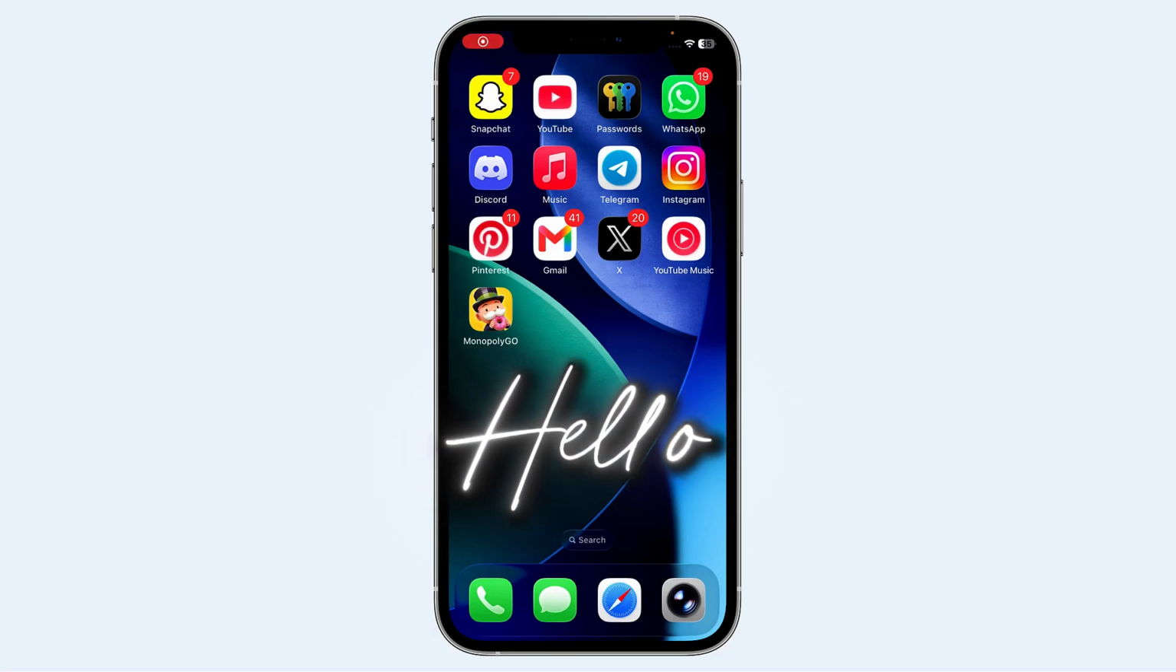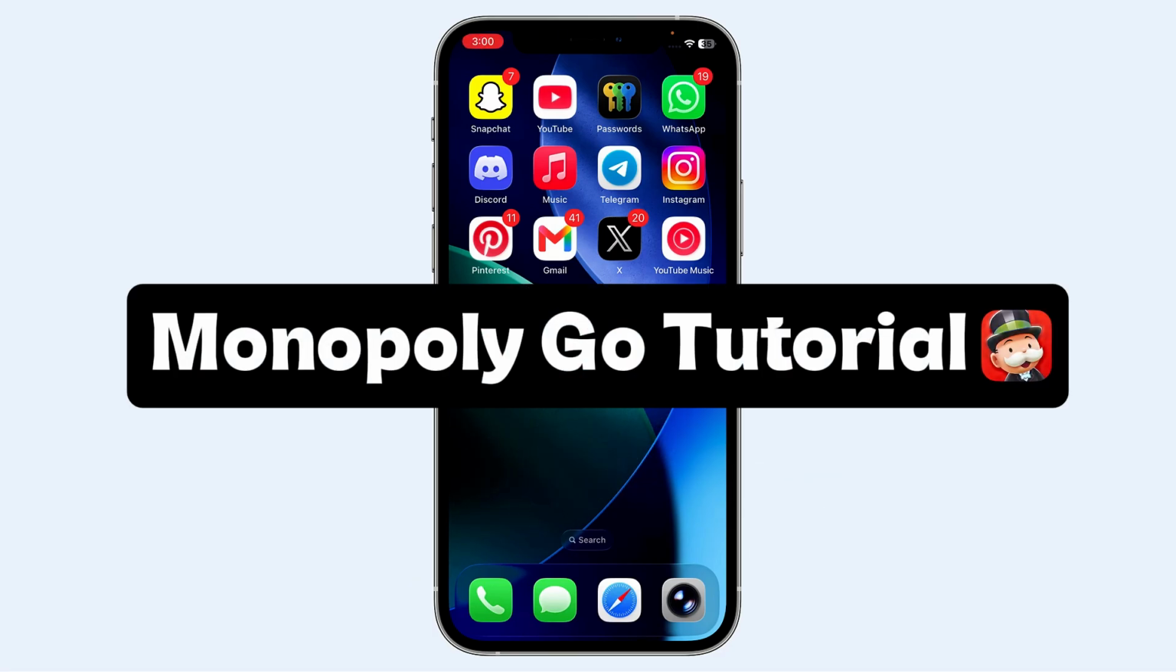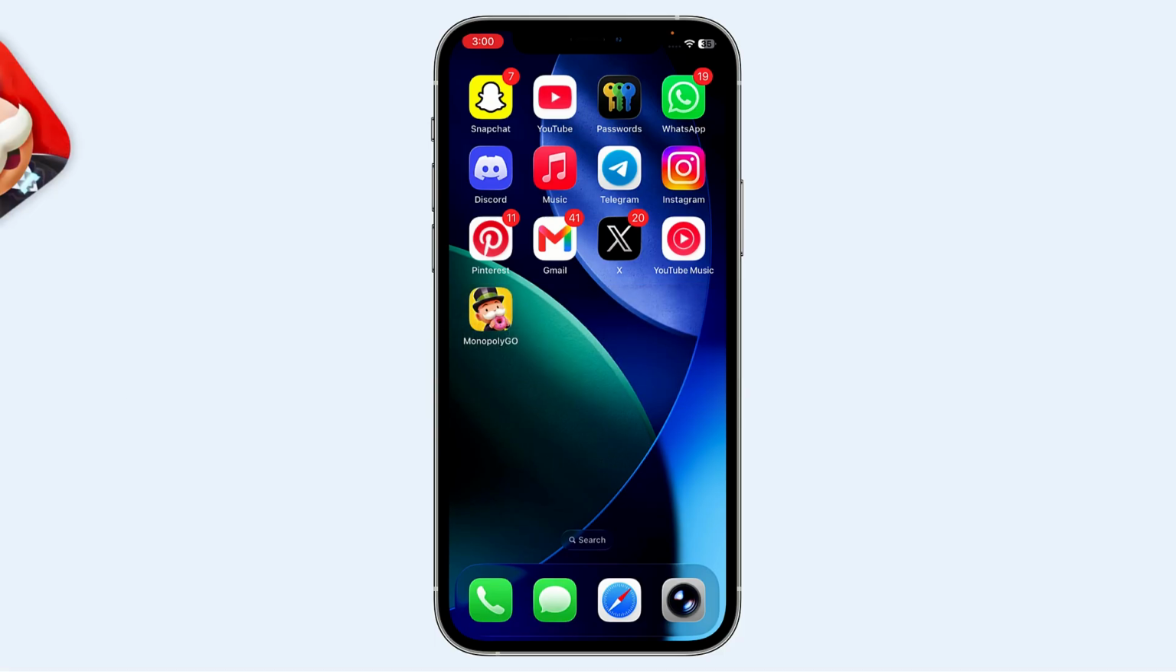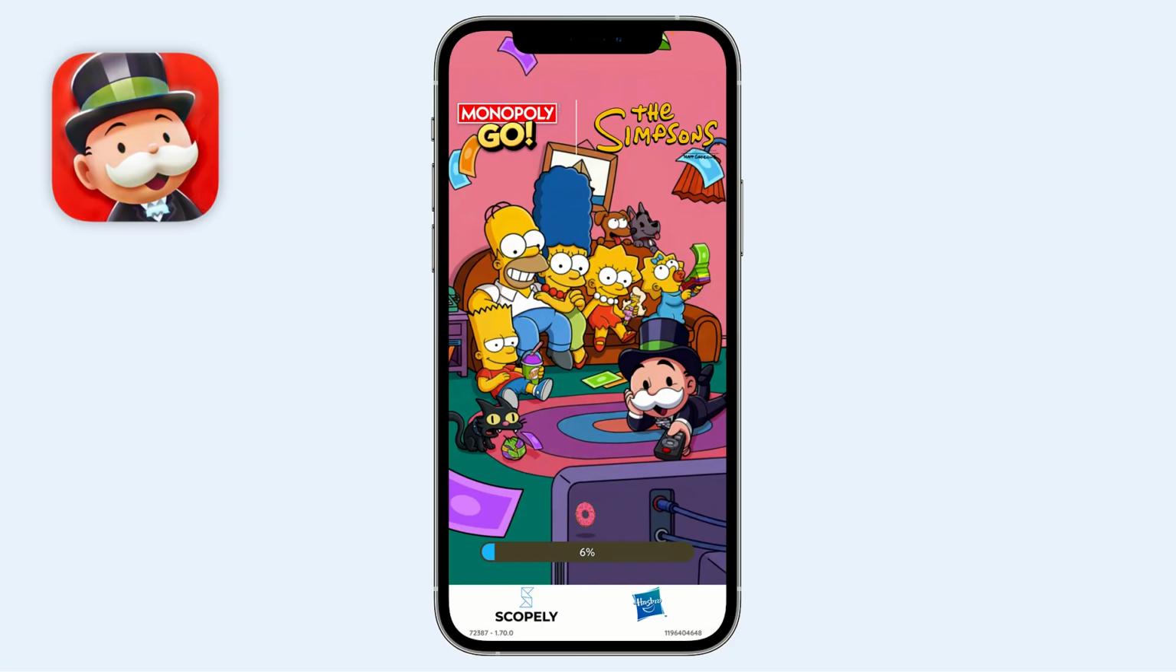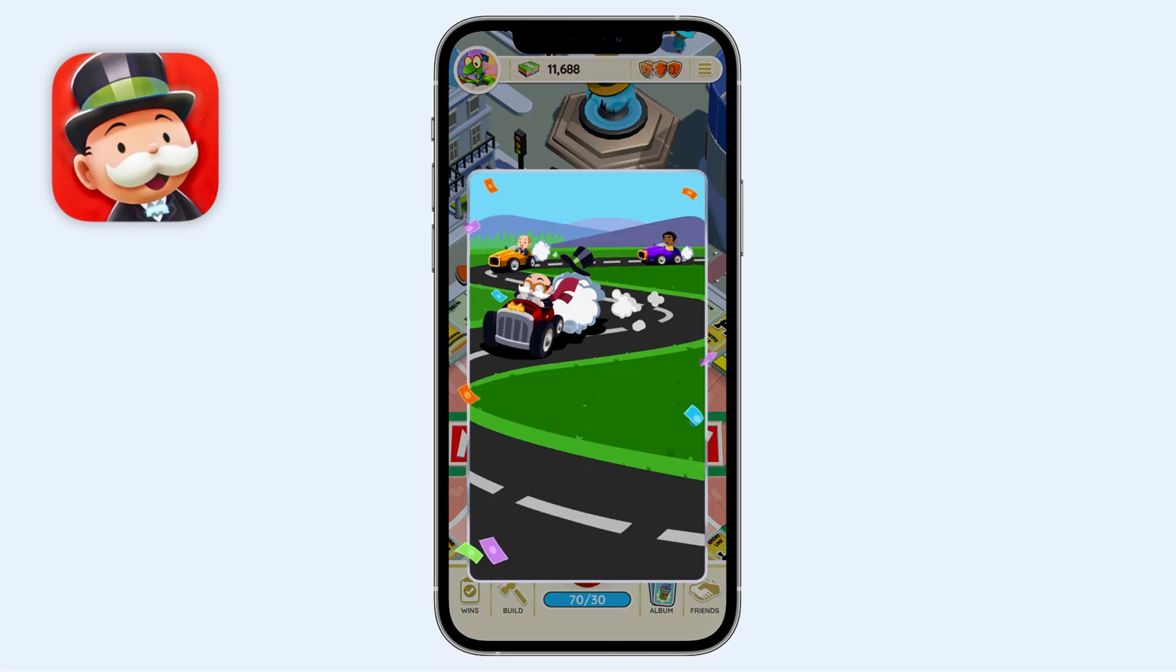Hello guys, in this video we will see how to play Monopoly Go mobile app for beginners. First of all, let's navigate and open the Monopoly Go app on your phone. Once you're inside the app, you will get the login button or the option to continue as a guest. As a new user, you can join with a Facebook or Google account and play with your friends to earn